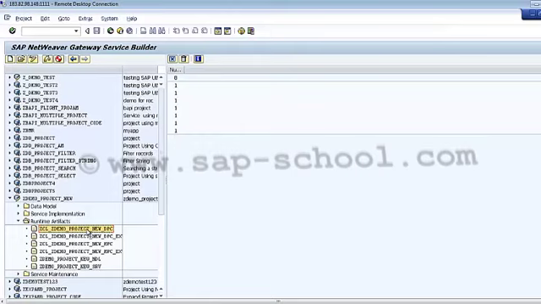So we must specify the following details to enable the service builder to automatically register both the model and the service, and to assign the model to a specific service. So basically that is my technical model name and my technical service name. My technical model name specifies the name of my data model.